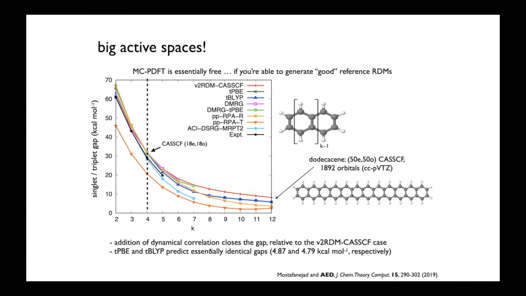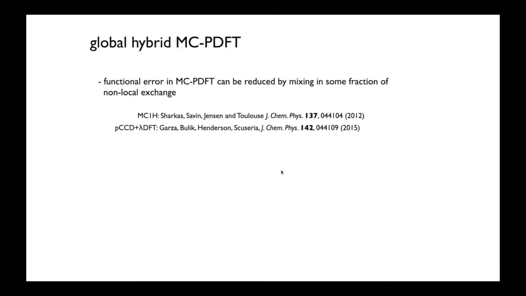In terms of chemistry here, the addition of dynamical correlation closes the singlet-triplet gap relative to v2RDM-CASSCF. And both tPBE and tBLYP predict essentially the same singlet-triplet gap in the infinite chain limit, about 5 kcal per mole. Okay, that's great. We've also developed something that we call a global hybrid MC-PDFT,